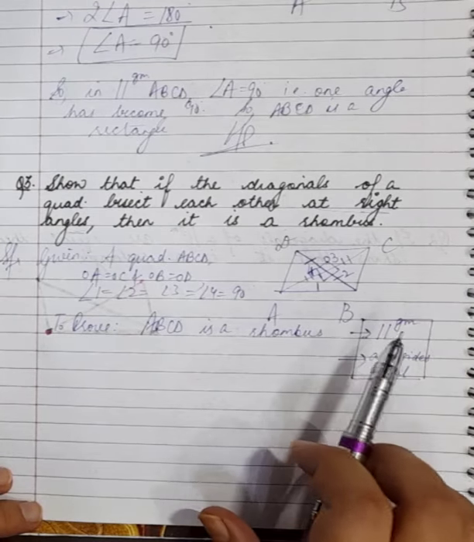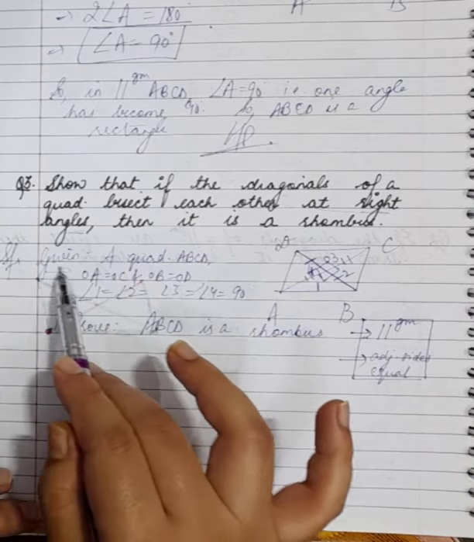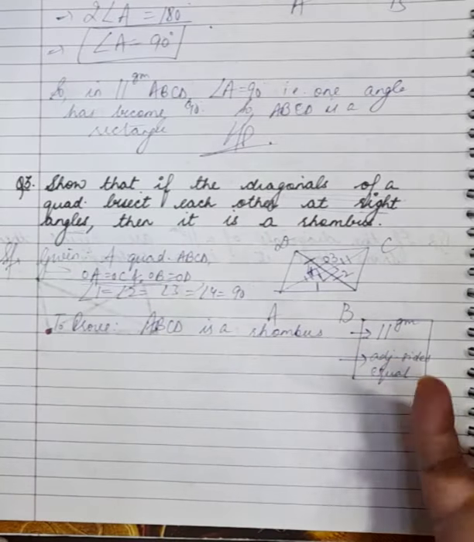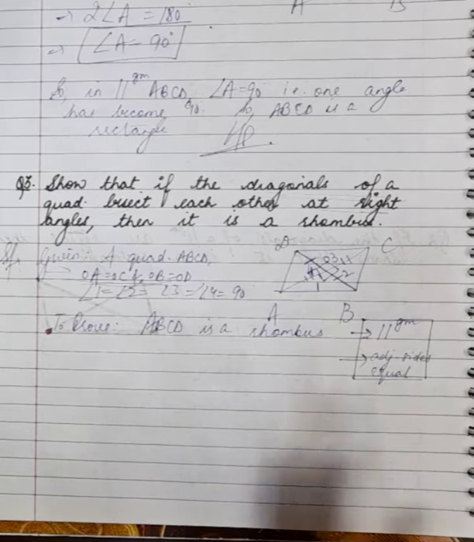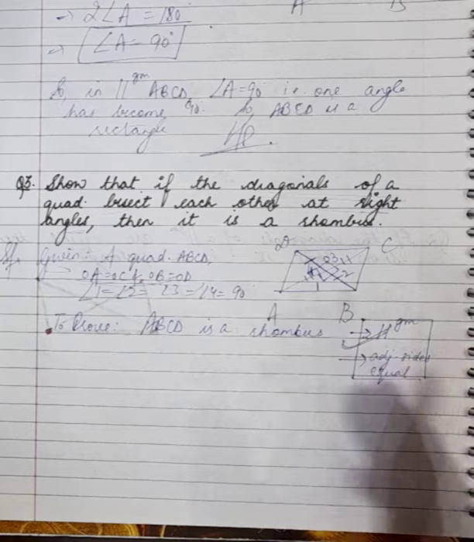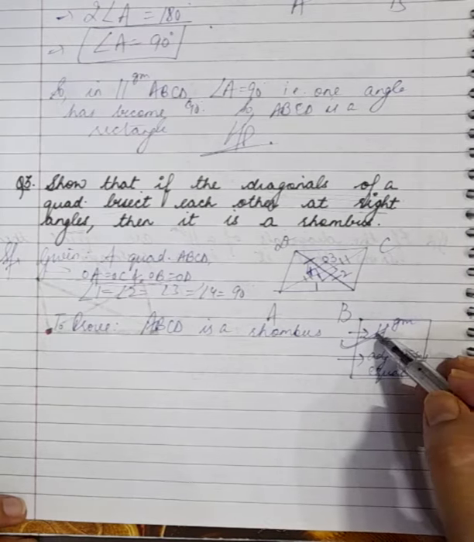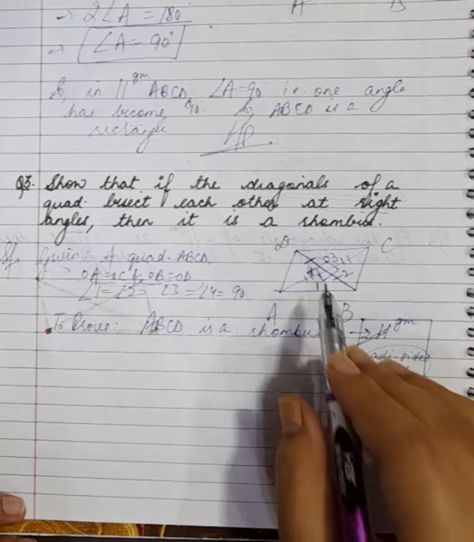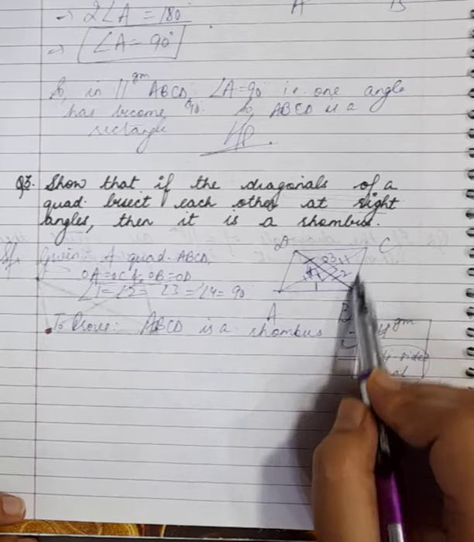Now, how to prove this figure as a parallelogram? Now we know it is already given the diagonals of this quadrilateral bisect each other. If the diagonals of a quadrilateral bisect each other, then definitely it is a parallelogram. So in a statement you can complete why this figure is a parallelogram, as the diagonals are bisecting each other. So this is done. Now how we are supposed to prove adjacent sides are equal? Now this is a parallelogram. Our aim is to prove, let us say AB is equal to BC.